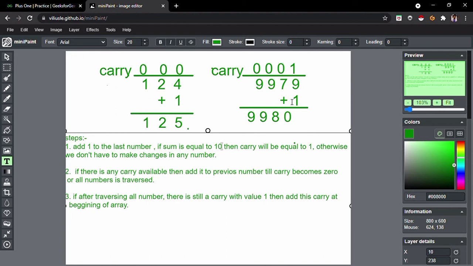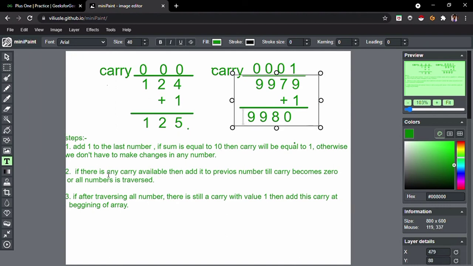So we can get a carry only when our sum becomes 10. In this case, we have to put our carry as 1 and do the same calculation for the rest of the digits. If our carry becomes 0, then we don't have to make any changes, and we can keep our array list the same as given.